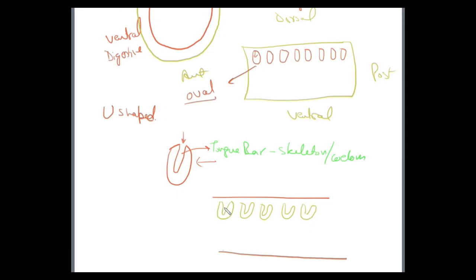So in this diagram, this is the tongue bar, and the space between the two adjacent gill slits is known as the gill septa. It also has a skeleton, and the two are connected. This is the skeleton of the tongue bar. This is the skeleton of the gill septa. Both are connected by synapticula.